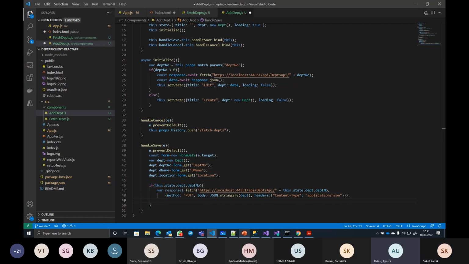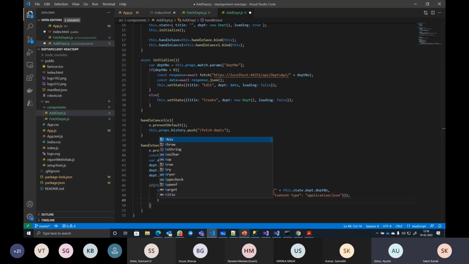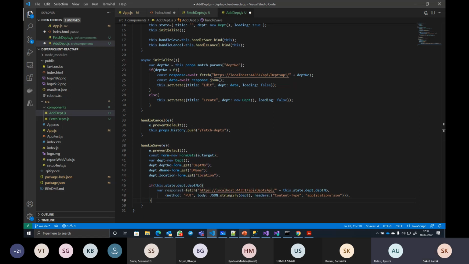Next, once it is successfully done, in fact, we will do it commonly for both. So let me put the else block. It's going to be pretty much the same, but the request will be post. Here I say var response 2 is equal to fetch.